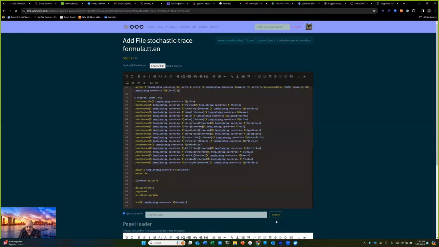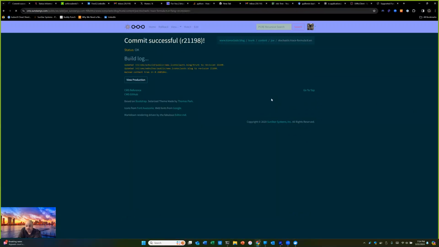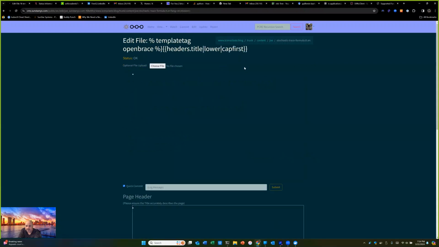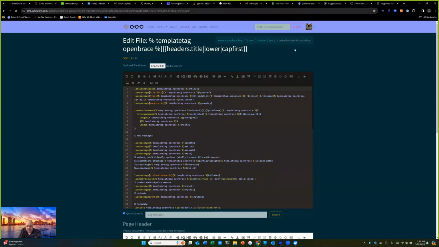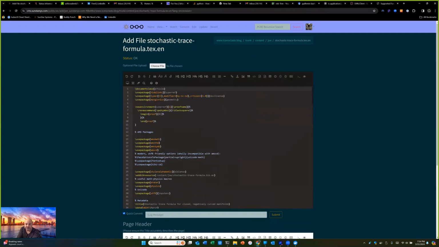So let's submit this anyway, just to get something going. And it was built in 1 second. It's just skipped, so it's not really built. Okay, so if we go back to edit, there's the thing. And I want to now generate a PDF from this template. So I'm going to type stochastic trace formula.text.en. So it's in English, it's a text file, and this is used what the template generated from